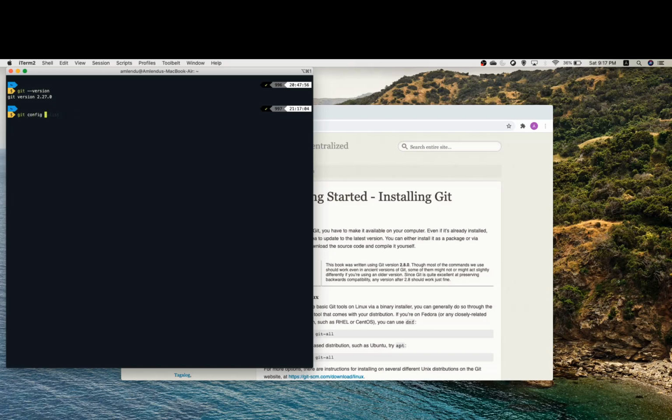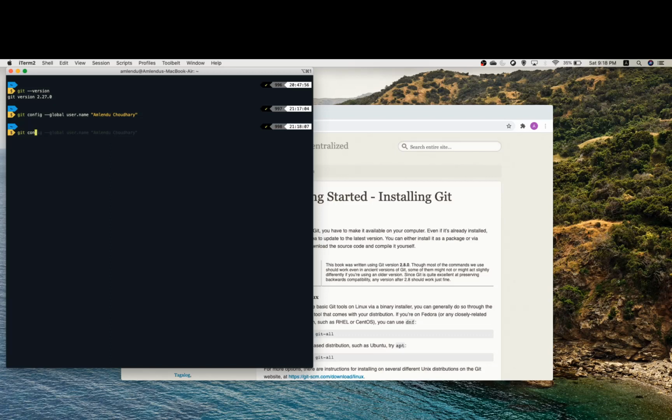I am giving the parameter as global so that I don't have to type in this information again and again. So I am giving username as Amlendu Chaudhary. This I have done previously, but I am going to override this information again. If you are doing it for the first time, it would be new information added. So I have added the username here.